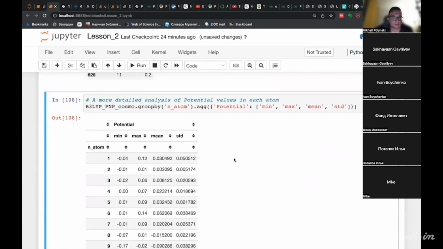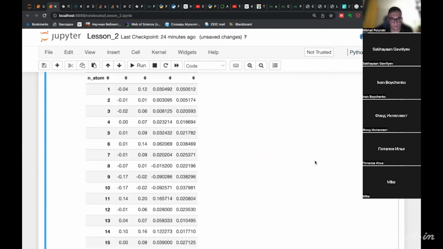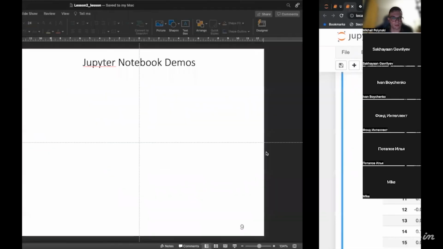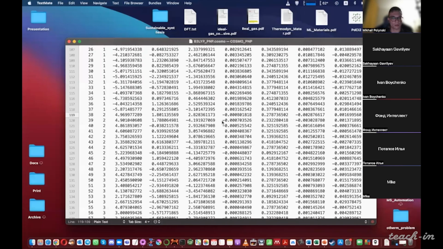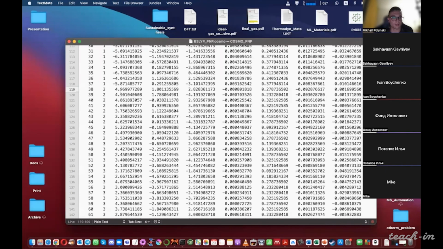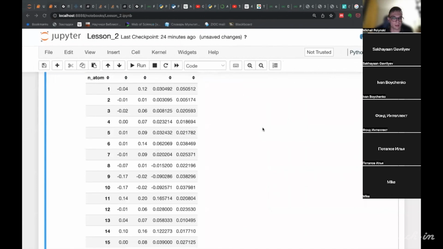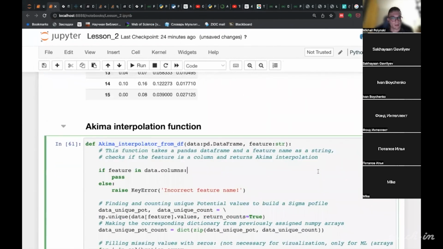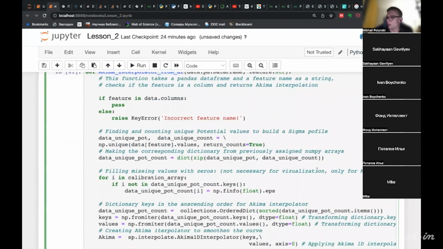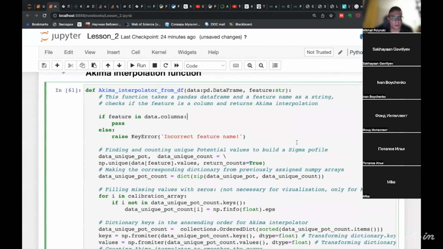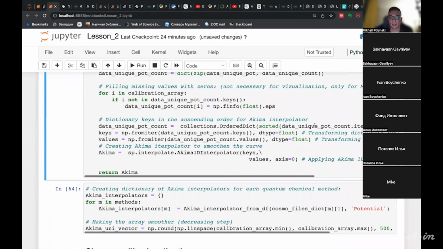For example, we can calculate maximal values, minimal values, means, that for each atom. We can go further and use some advanced functions that allow us to interpolate values.